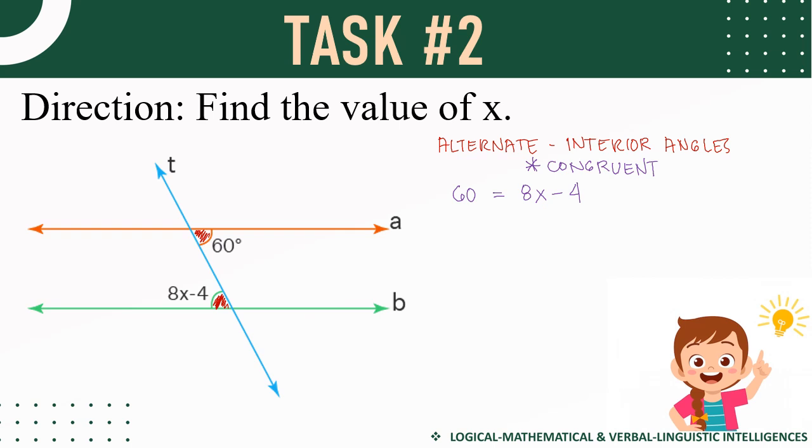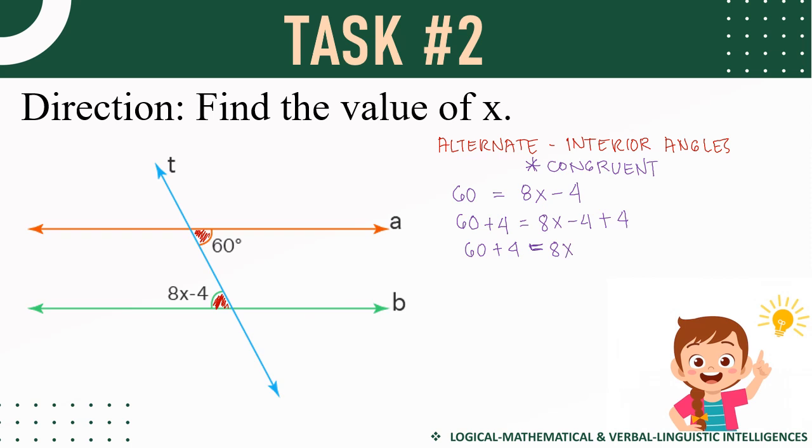We combine the constants that we have. So 60, and then we're gonna have the shortcut. So to isolate 8x in here, we're going to add the inverse of negative 4 to both sides of the equation. So we're gonna have 60 plus 4 equals 8x minus 4 plus 4. But we all know that negative 4 plus 4 would be 0. So we're gonna have 60 plus 4 equals